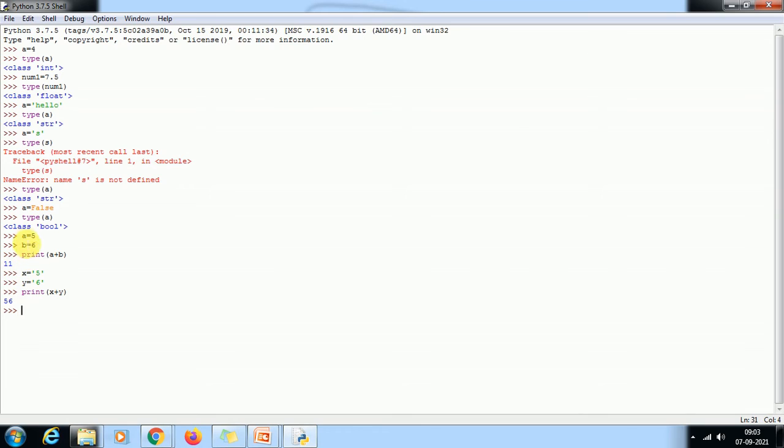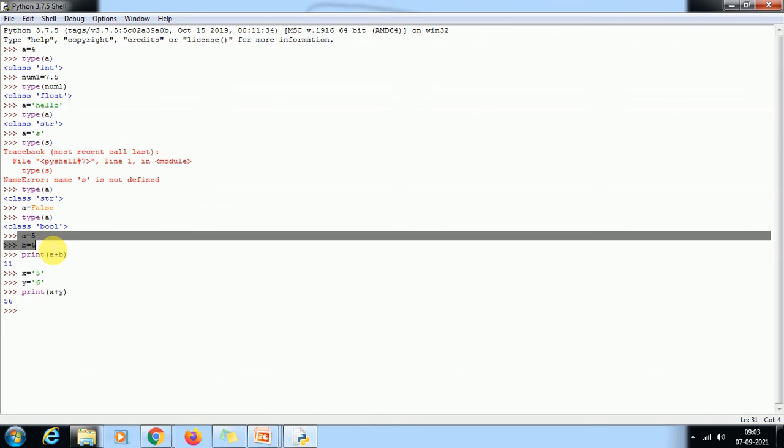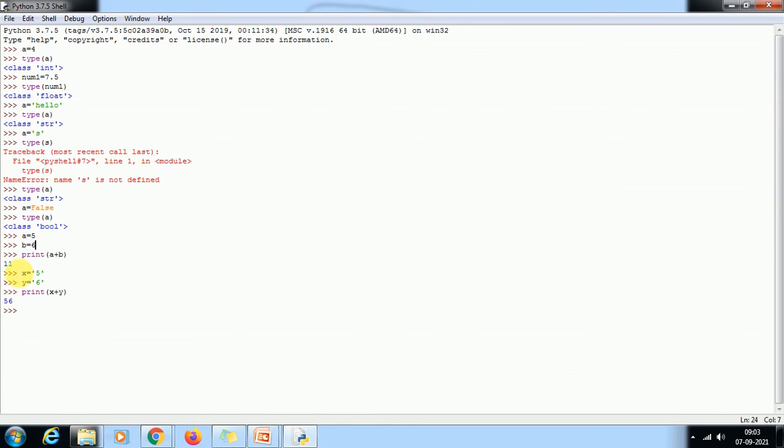When you use it as an integer, then it will add like your mathematical operation. Here this plus is not a mathematical operation. This plus means concatenation. See the difference. This one is known as concatenation. This one is known as addition of numbers.